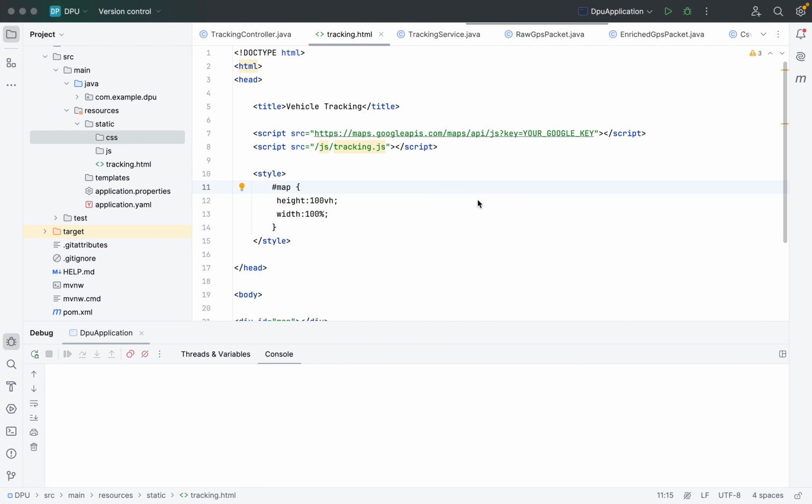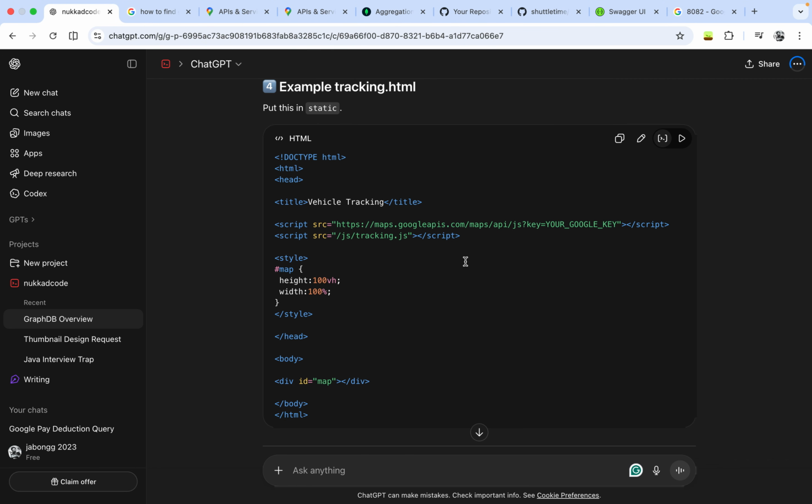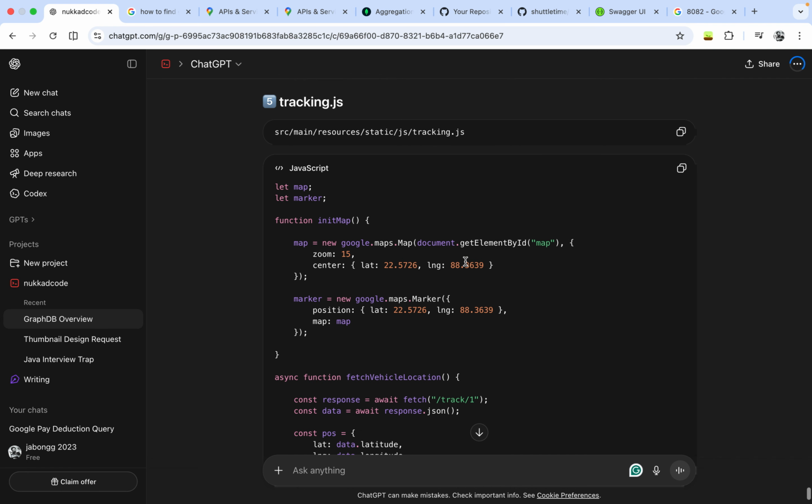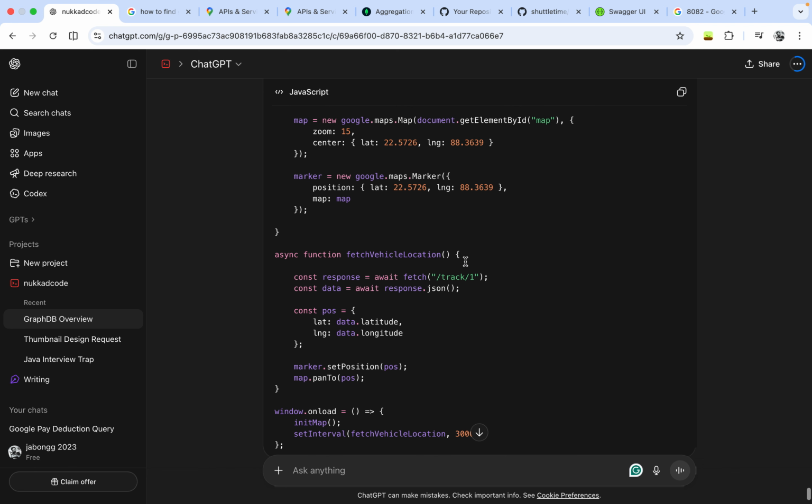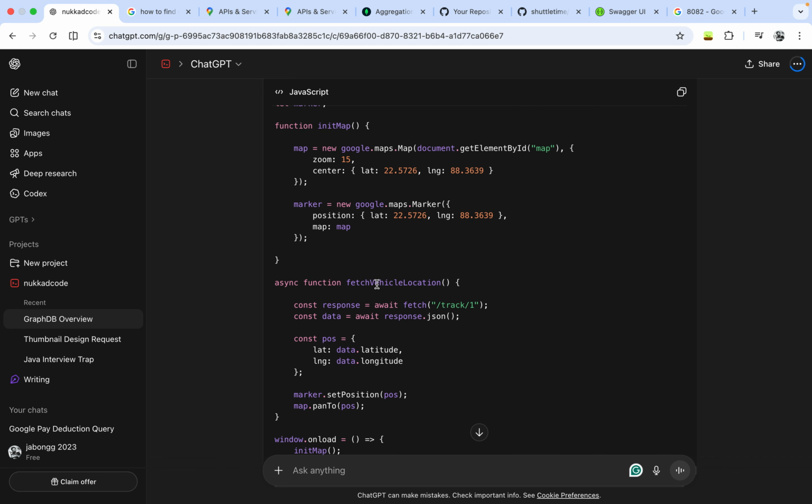Google Maps API key, and this tracking.js file needs to be included, right? So let's see what tracking.js has. Basically we are going to find here, find vehicle location, which is going to hit our backend API. Here you can see it is going to fetch track/1. So here I will update, it is not track/1, it should be vehicle ID,